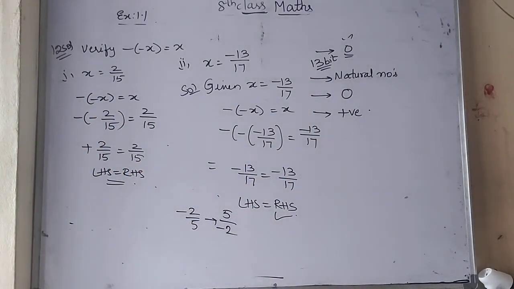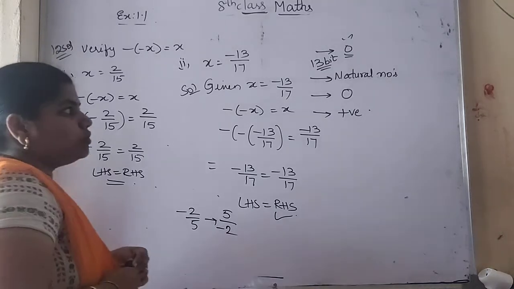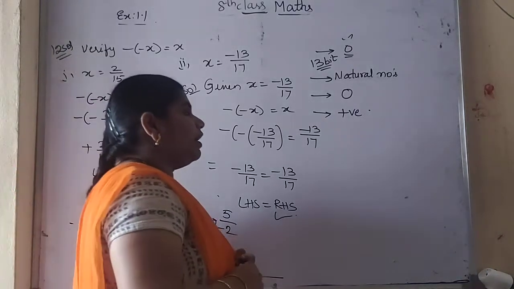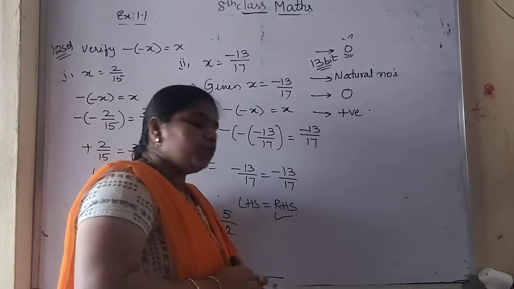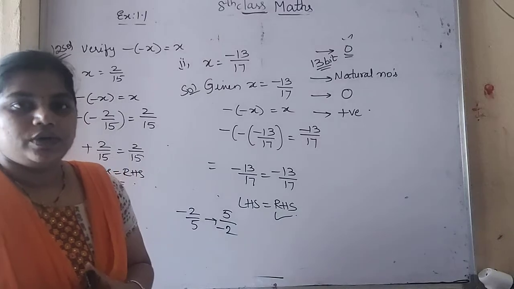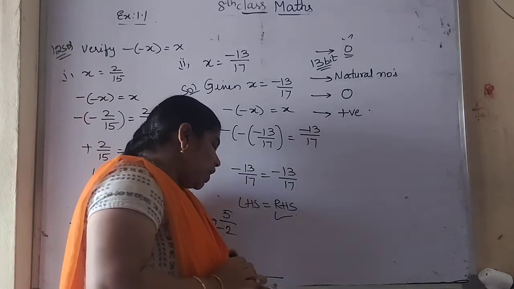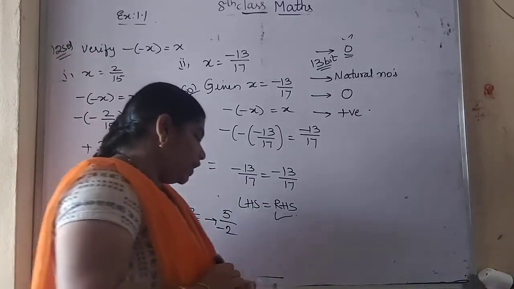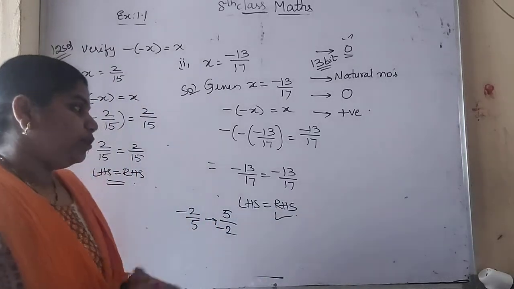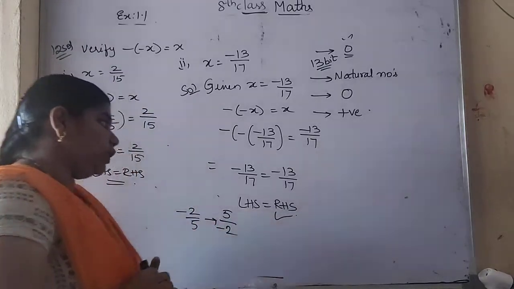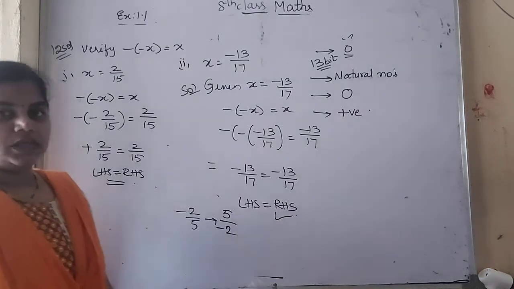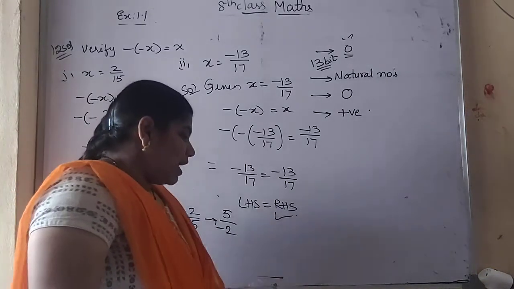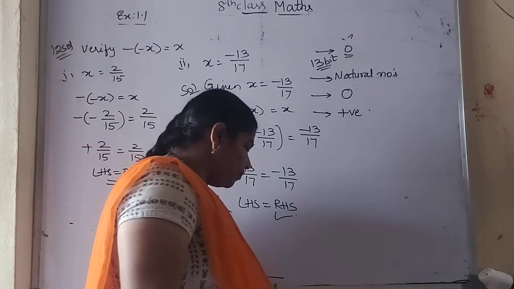So in natural numbers you will not see any 0 value, that is the additive identity you will not see. And the second bit, the rational number that does not have any reciprocal is 0. For 0 you will not see any reciprocal value. And the third bit is the reciprocal of a negative rational number: if you take the reciprocal of any negative value, again the result will be negative itself. So this is our last bit in this exercise.